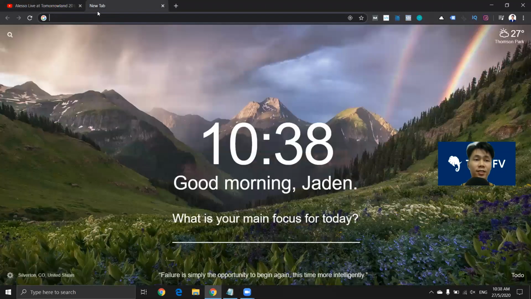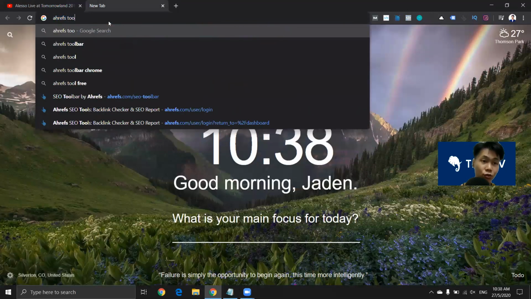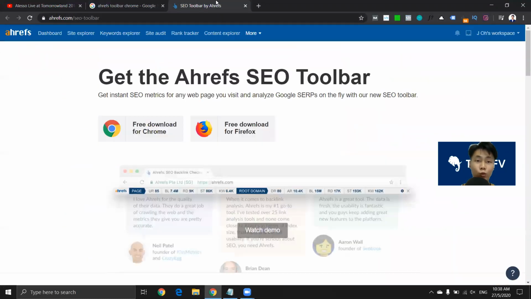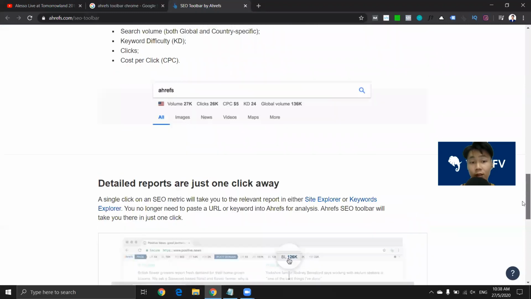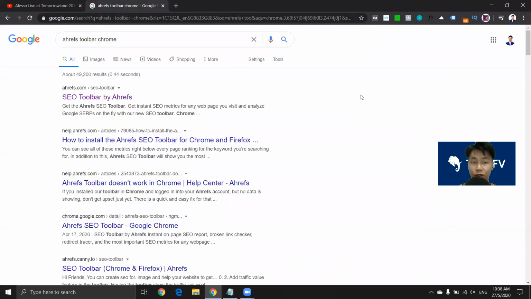Now, this is a paid option. Okay, this is a paid option. You have to have Ahrefs and the Ahrefs toolbar for Chrome. You have to have a paid account for this to work. It's a free download for Chrome, but you can't use it unless you're paying for it. So once you have an account and you've downloaded the Chrome extension, now what I like about this the most